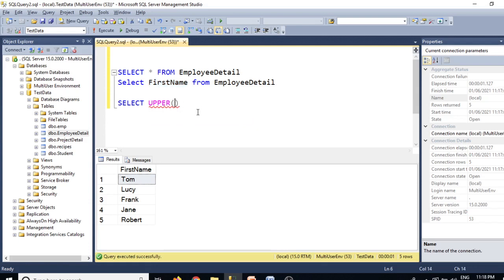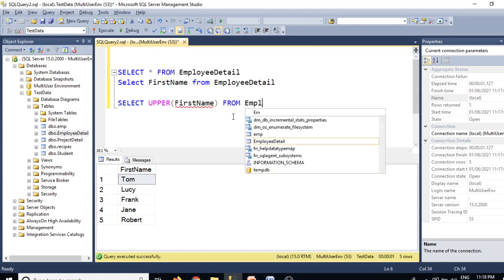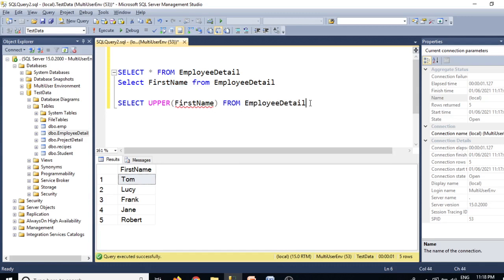We need first name to be in uppercase, so from the employee detail table. Let me see what is giving an error. Yeah, now it is fine. Here you can see upper, and inside parentheses we have to give the name of the column. This will give me these results.